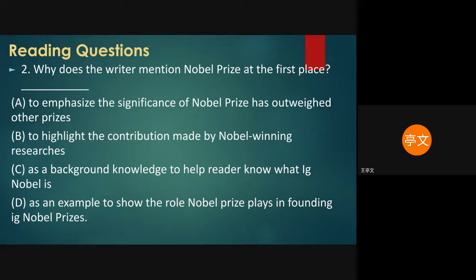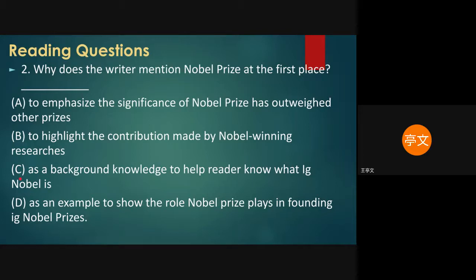The significance of Nobel Prize has outweighed the other prizes. 所以他第一个，他为什么要一开始的时候，文章一开始要提到诺贝尔奖，是因为 A 他要强调诺贝尔奖它的重要性是大于其他奖项吗？ Or B, to highlight the contribution made by Nobel-winning researchers, 还是他的目的是要去强调诺贝尔得奖这些研究的做出的贡献？ Or C, as a background knowledge to help readers know what Ig Nobel is, 还是它作为一个背景知识，要让读者知道什么是搞笑诺贝尔奖？ Or D, as an example to show the role Nobel Prize plays in founding Ig Nobel Prizes, 还是他作为一个他在举例，他举例告诉我们说，其实诺贝尔奖在创立搞笑诺贝尔奖中扮演的重要的角色。